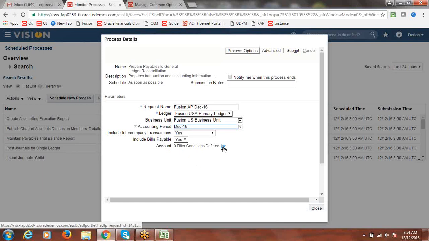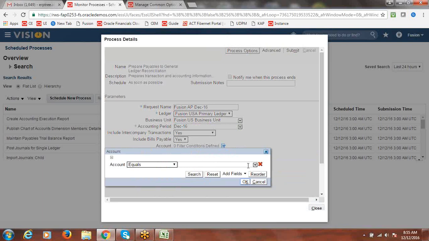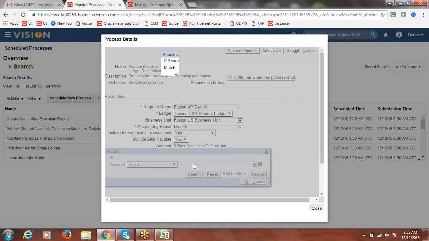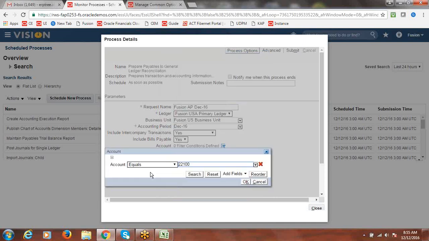And here you have to select the account for which you specified the financial category as accounts payables, and where you set the reconciliation flag as yes. That account you have to select here as mandatory. So add fields, just go with account, you don't need a combination. Equal to, its account number is 22100. If you don't mark it over there, here you cannot select that value. Once you set the reconciliation option, then only you can find this value.